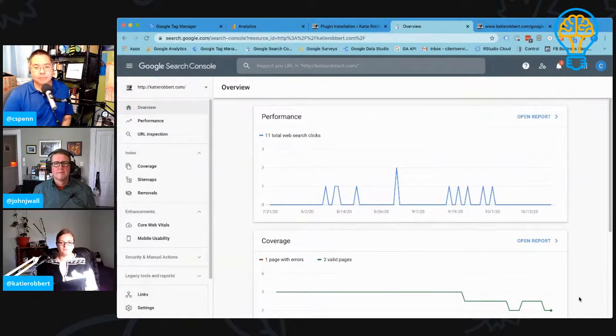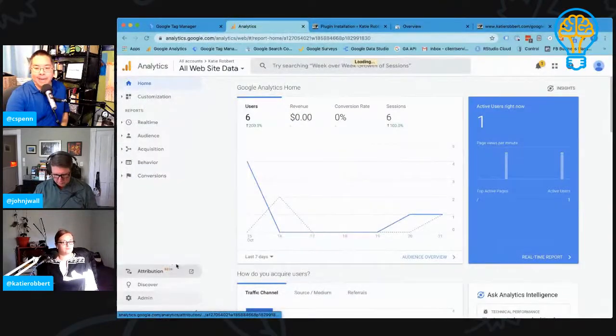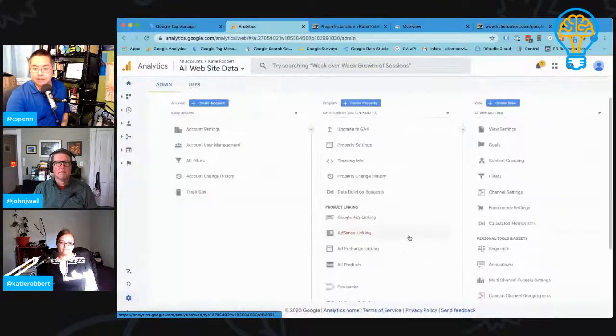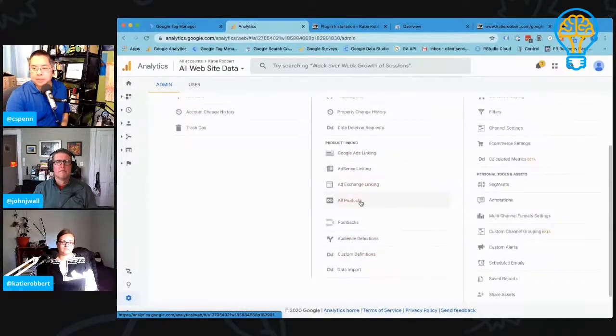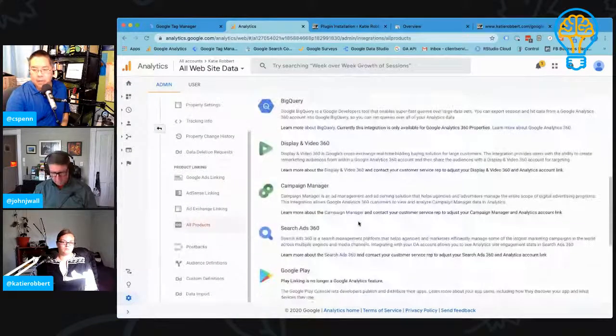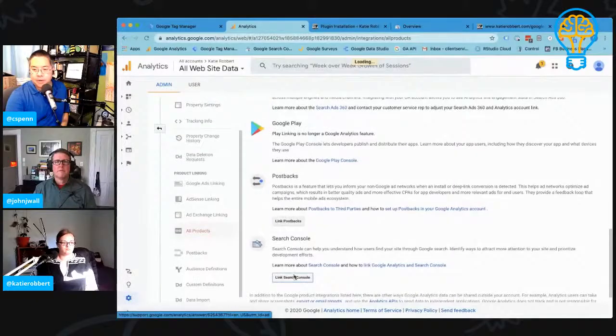Yep. Now we've got Search Console set up, but there's a critically important piece missing. We need to go back and link it in our Google Analytics account. If we don't do that, we run the risk of not getting data where we want it to be. One of the critical things with Google Analytics is that if you don't link it up,